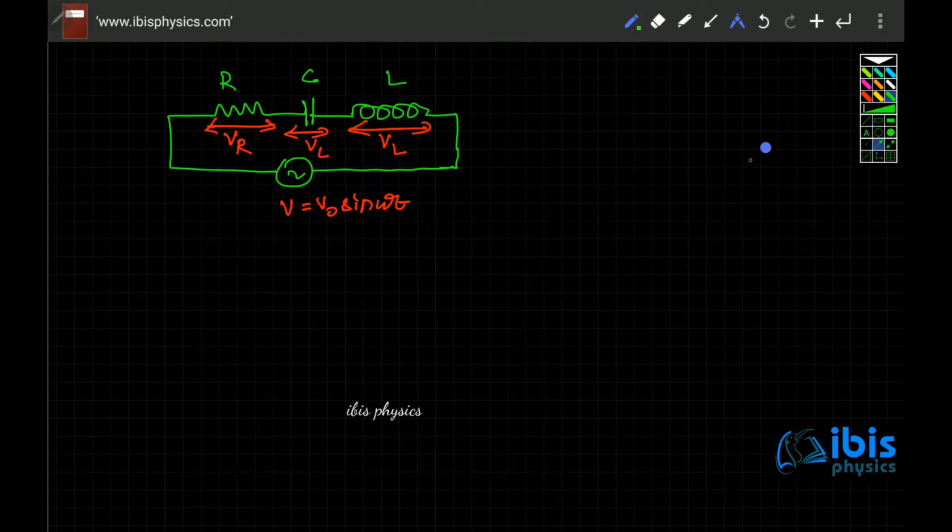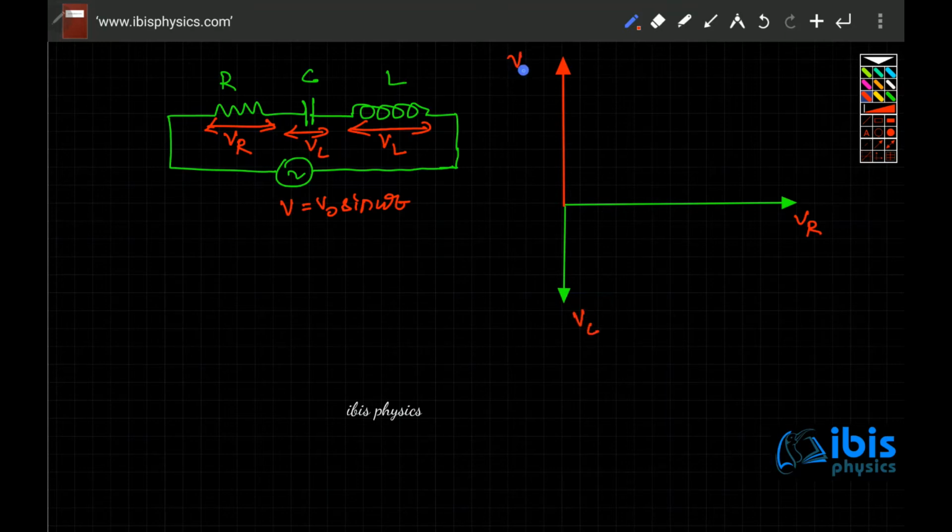So how do we draw this? The phasor diagram of this would be something like this. The applied voltage across the resistor is, let us say, this. The voltage across the capacitor lags by 90 degrees, so it is drawn behind. But the voltage across the inductor will lead by 90 degrees. So here it leads by 90 degrees. Now this is the voltage across the resistor, this is the voltage across the capacitor, this is the voltage across the inductor. So let me write like this.